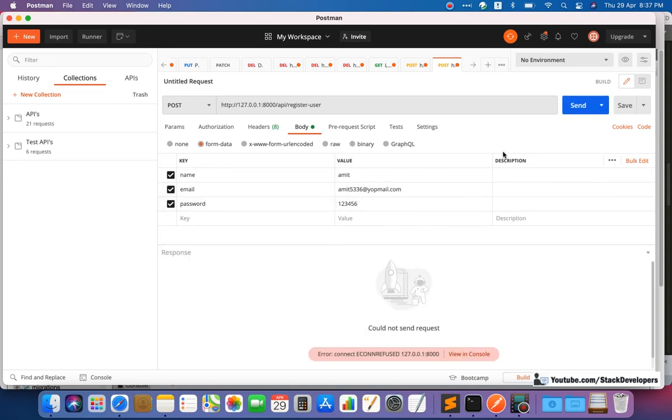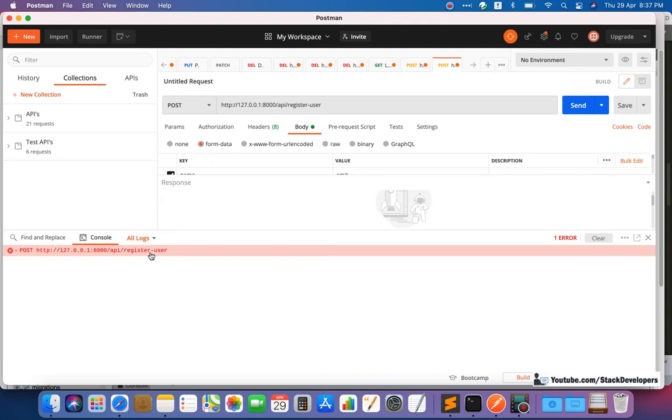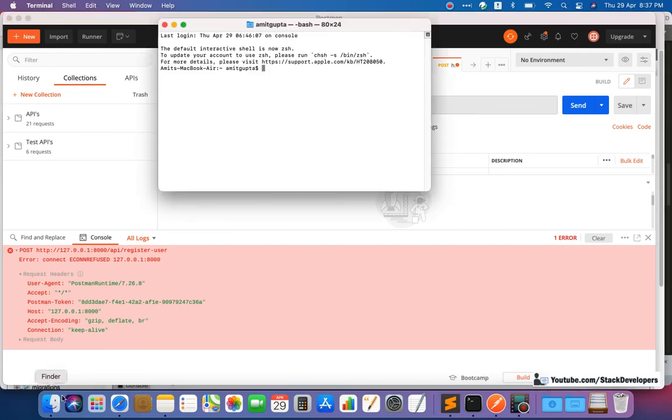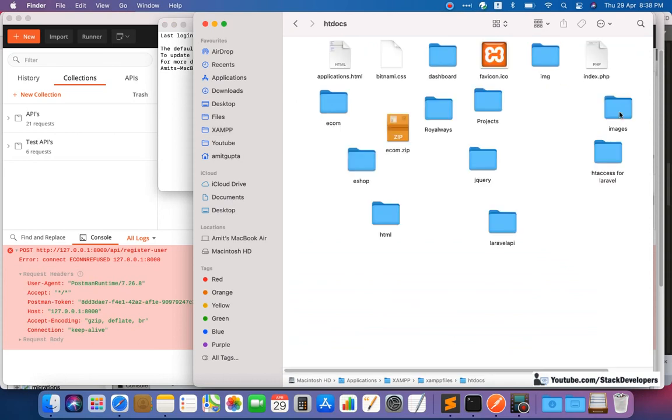Click on send. See, some error is coming. No issue. View in console. What error is coming exactly? The 8000 API, are we running the Laravel or not? I don't think we are running Laravel. We need to run our Laravel project.